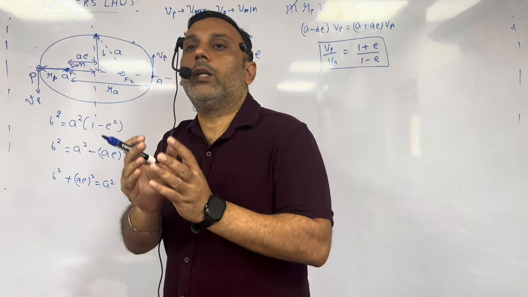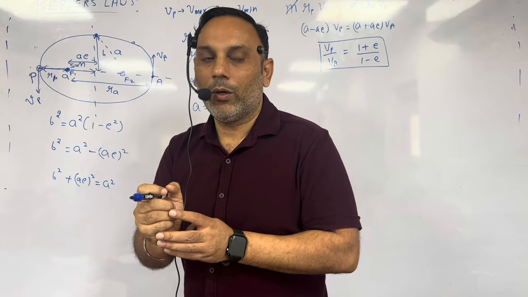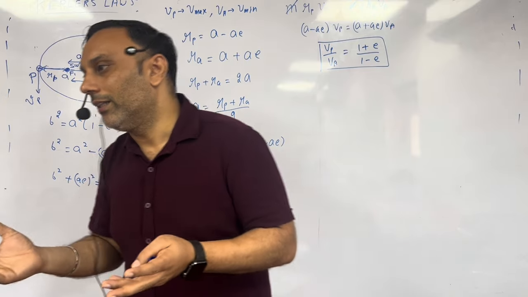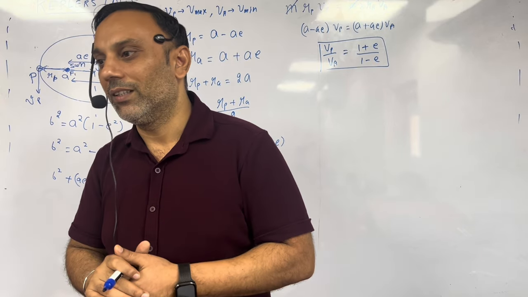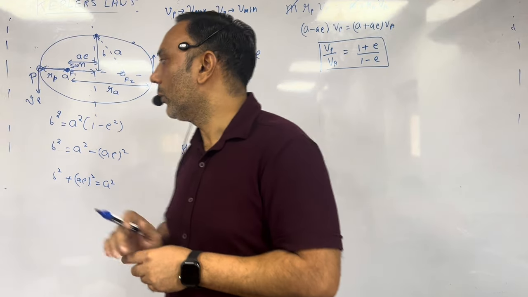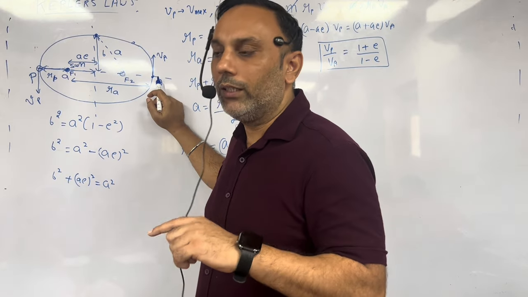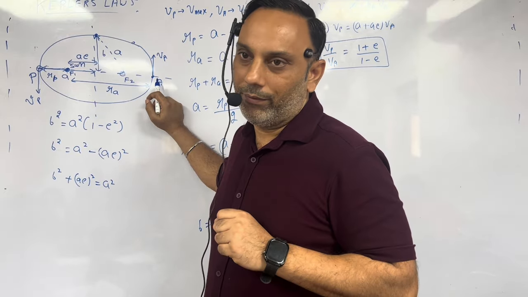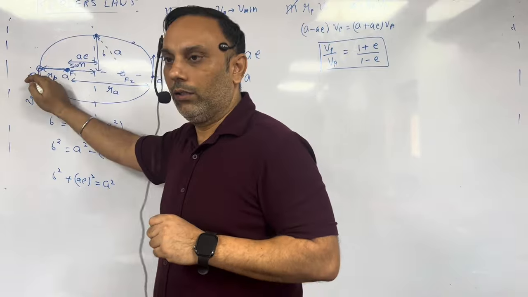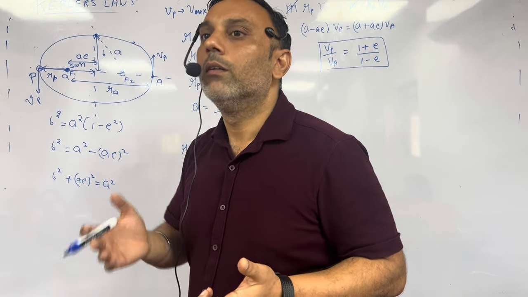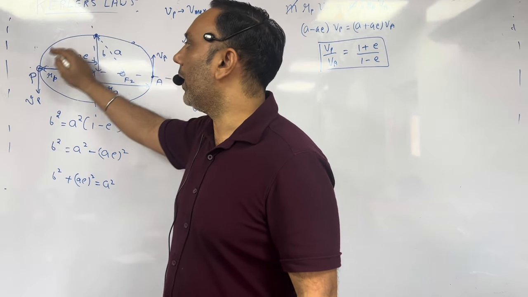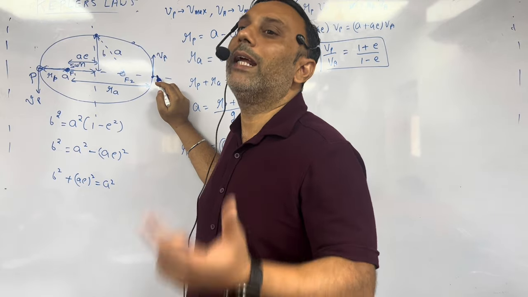Now suppose you take the planet as a system. The only force doing work on the planet is gravitational force. So if kinetic energy is decreasing, work done by gravity must be negative, because net work done is equal to change in kinetic energy. So if kinetic energy from P to A is decreasing, then work done by gravity must be negative. Similarly, from A to P, work done by gravity will be positive. So in one complete revolution, it is 0. From apogee to perigee it is positive, and from perigee to apogee an equal amount negative.